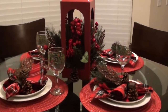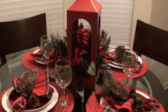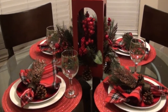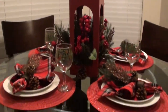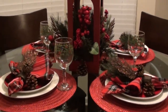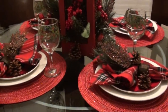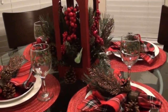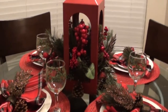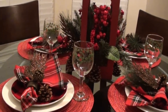So for going on 3 generations now, the women in my family have always set their tables for the holidays, and me being the 3rd generation, I had to follow suit. Shout out to my grandma, mommy, auntie, who really modeled this for me. I think it adds instant Christmas cheer, whether you do it in a formal dining space or you do it